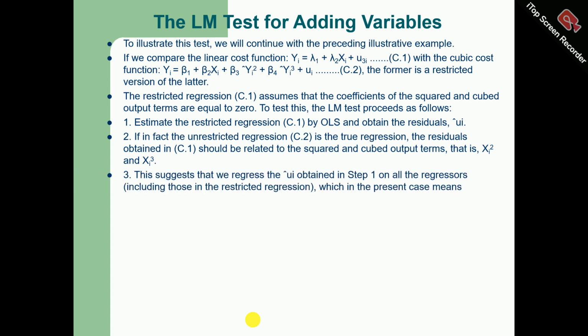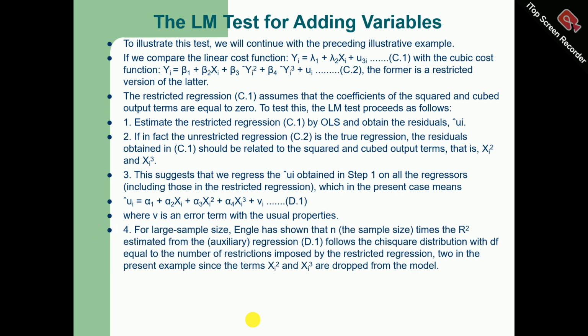This suggests that we regress the ui hat obtained in step 1 on all the regressors, including those in the restricted regression, which in the present case means ui hat equals alpha 1 plus alpha 2 xi plus alpha 3 xi square plus alpha 4 xi cube plus vi. So here we regress the estimated residuals, where v is an error term